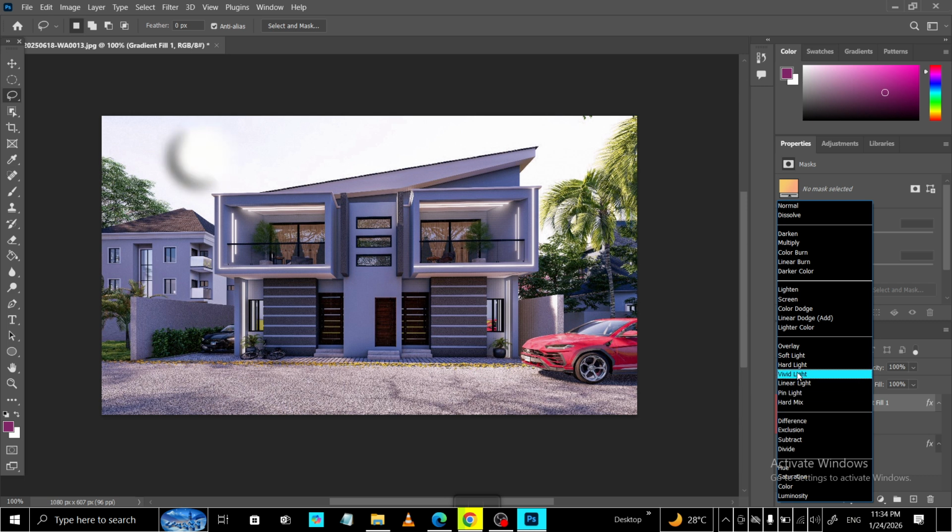Remember, each mode mixes colors differently, and your image content matters. Preview different options in the drop-down, trust your eye, and if something doesn't work, switch back to normal. With just a layer selected and the blending mode